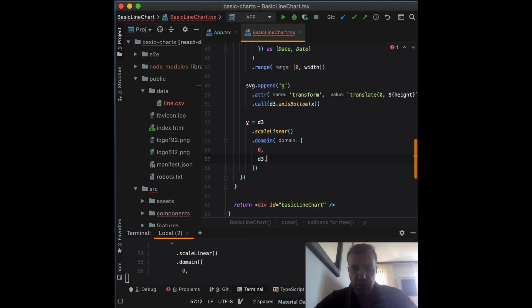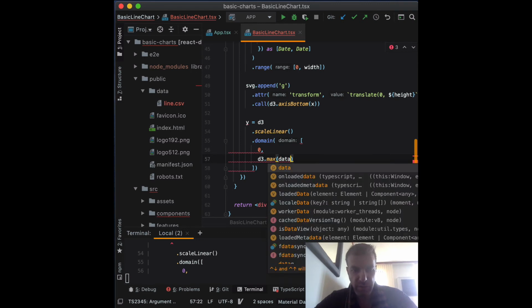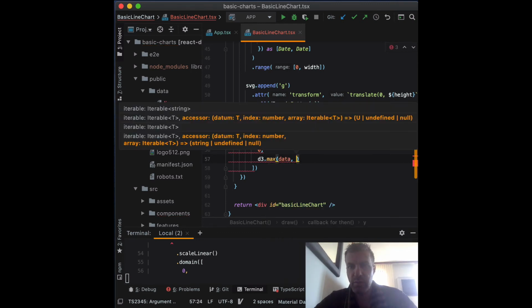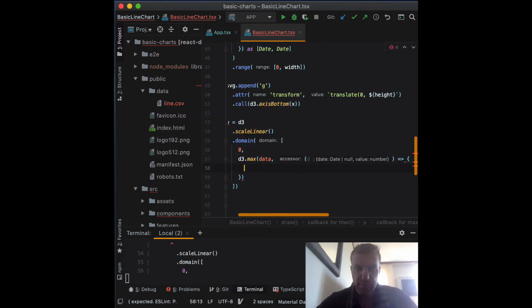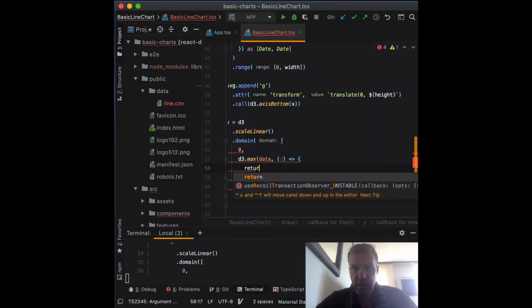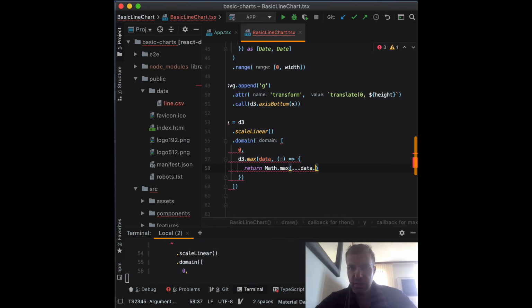And then we can use again the D3 max method that will give us the maximum value, and for the maximum value we can iterate through our data using our value accessor. So d will be one of the items, then we can return the max of our entire data set and map